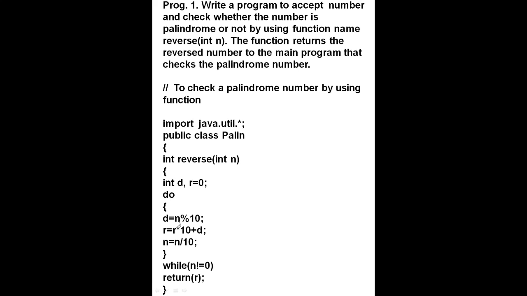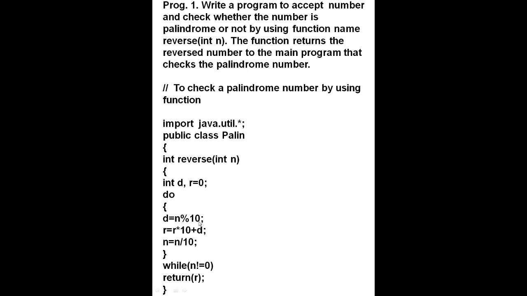Now first we will find the modulus of that number, means d is equal to n modulus 10. Then r is equal to r multiplied by 10 plus the remainder which came after dividing the number by 10. Now n is equal to n divided by 10. This is the condition to find the palindrome number, so in each and every program when we are finding a palindrome number, that time we will use the do while loop, and the condition is this: first we will find the modulus of that number,